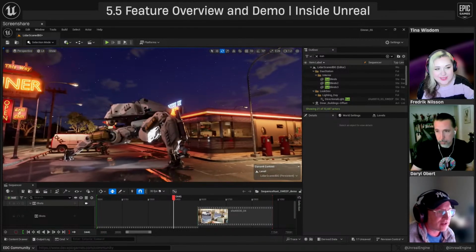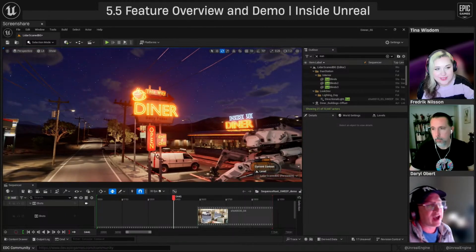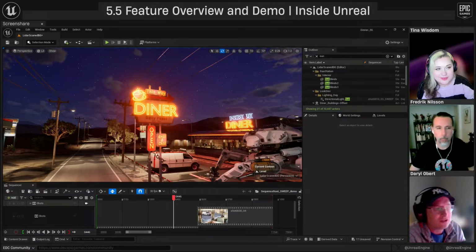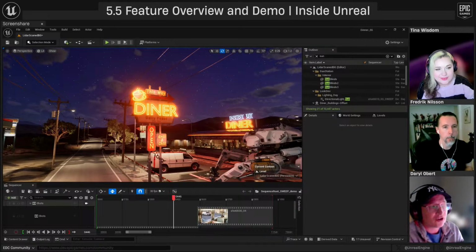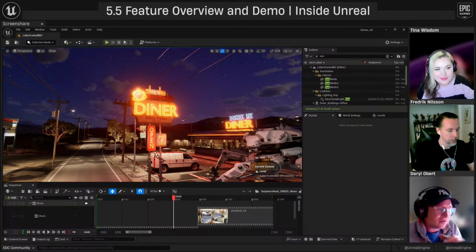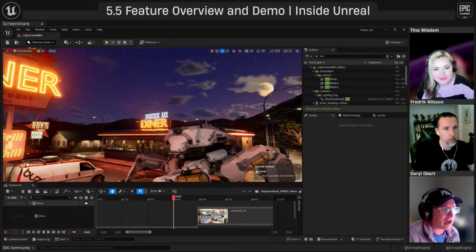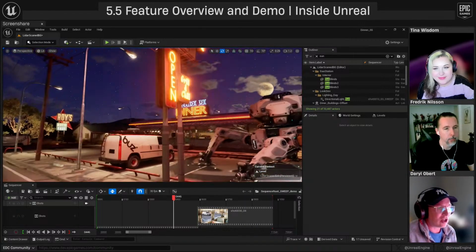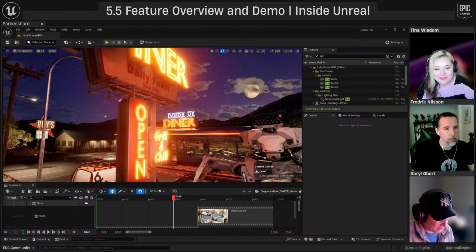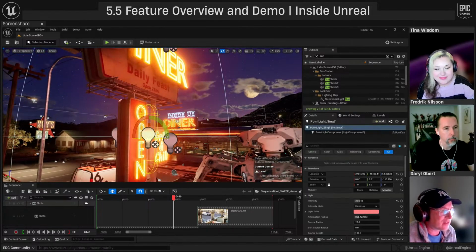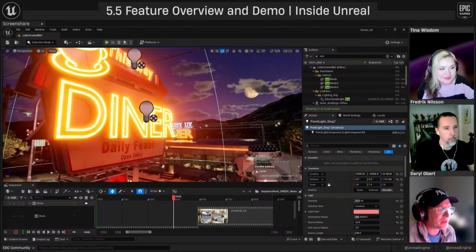And I've got these really nice glowy neon signs that are happening. They're using an emissive material to kick that glow out. And a lot of times with emissive materials, when you start to get to these low light areas, you start to get more noise. So what I'm doing is I'm giving those emissive materials a little bit of help. If we look at this, you can see next to each one of these, I've got a little point light with a little bit of volume on it.